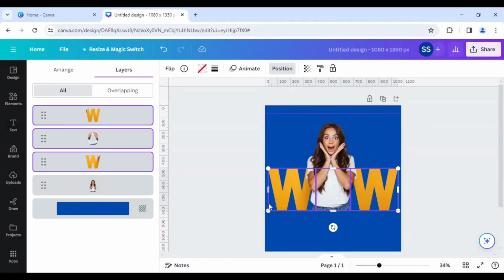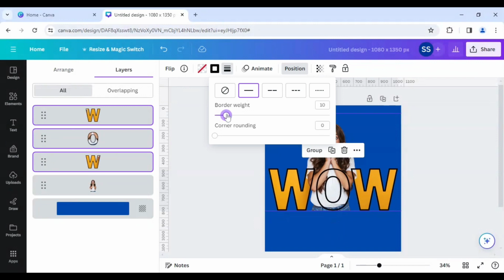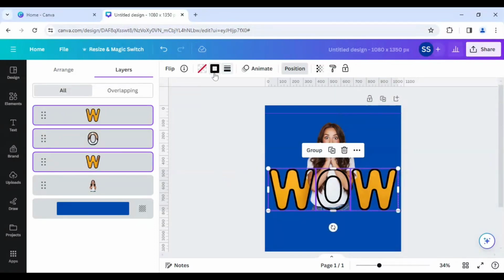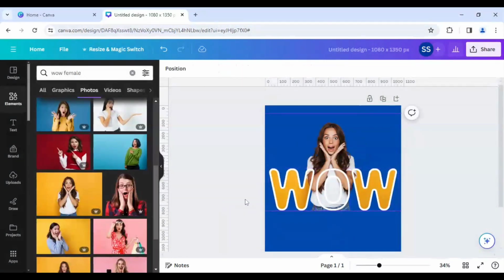Okay, now we'll go to border style here. We'll click this one, second one, and we'll do this bordering here. Okay, so this one looks good, 14, and we'll do corner rounding. Okay, so 39 looks good, and we'll change the color for the border to be white. Okay, so as you can see, it's done, but we'll now do a simple change,